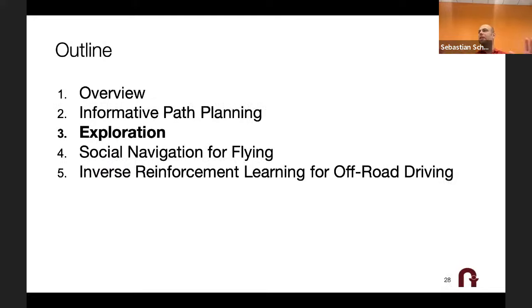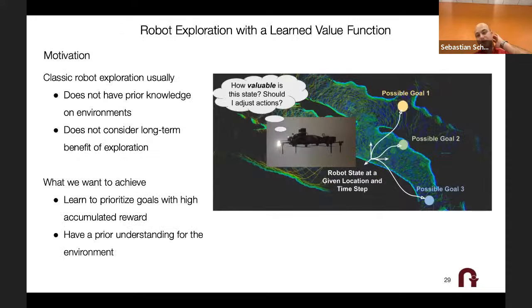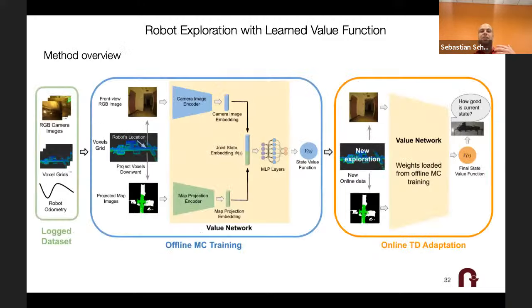Okay, so this was kind of the high-level idea on the informative path planning, and you can see already that trying to predict the value of the future of my decisions is valuable, right? And so that's kind of where this also connects to the next topic on exploration, right? So for exploration, you have a similar problem where you're saying, okay, I might want to go to 3 different future places where I can explore the space, but I don't necessarily know which space is more valuable. So similar to Monte Carlo tree search, in this case, we were just searching before further out and using that to estimate the value. Here, we're actually using actual runs on the robot to learn what the value of those